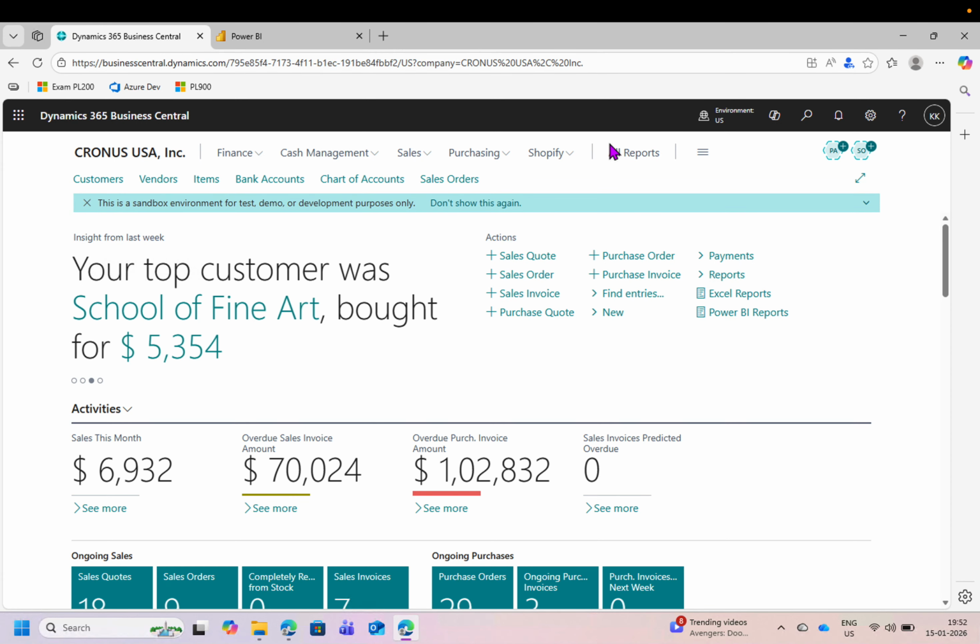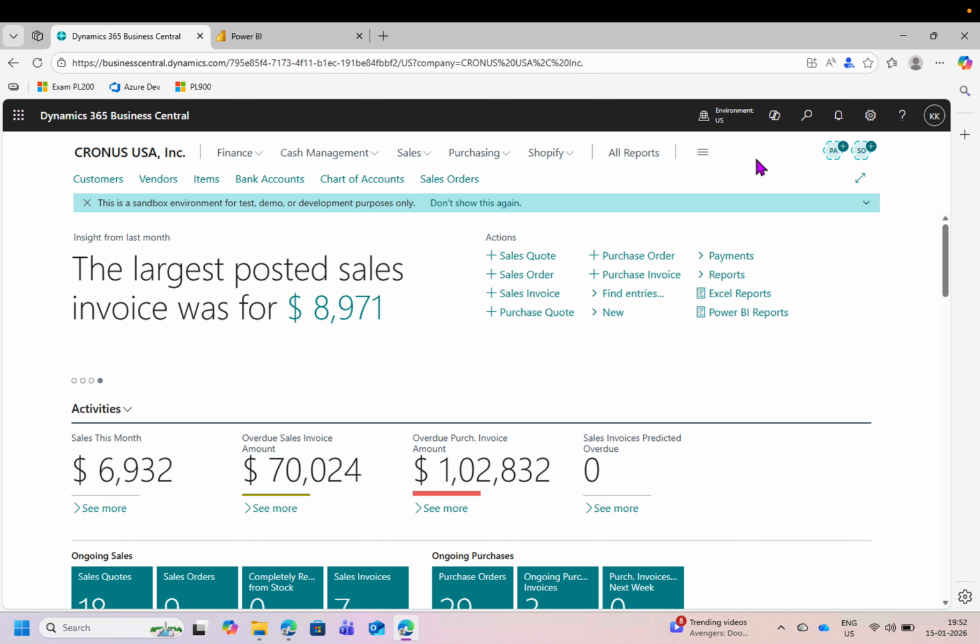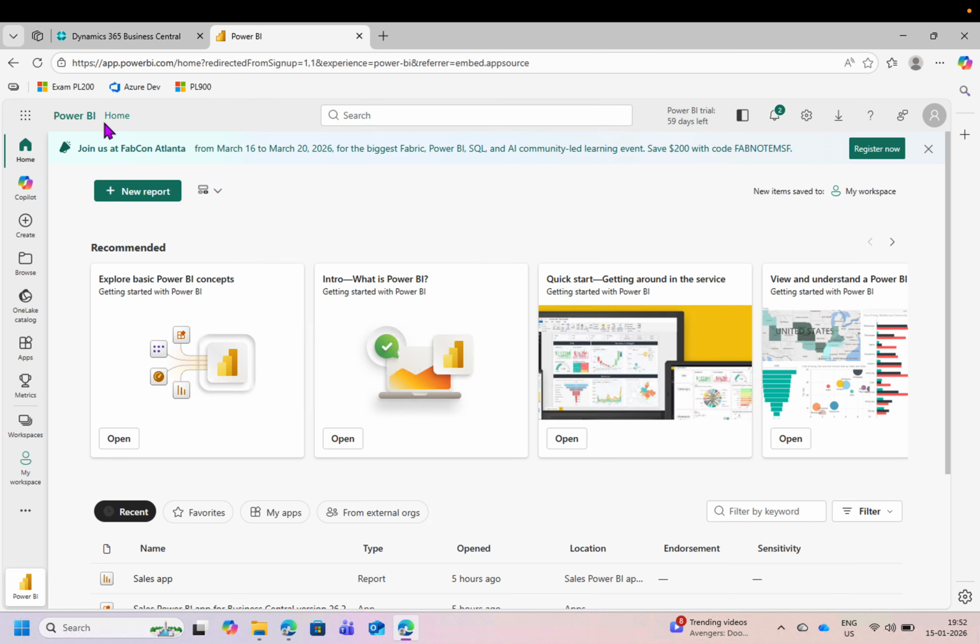Today in this video I will try to quickly cover the integration of Power BI with Business Central. As you can see from my screen, I have opened one of the Business Central web client screens, and in the second tab it is the Power BI homepage, right? Currently I am using the Power BI trial version. So you need the trial version of Power BI